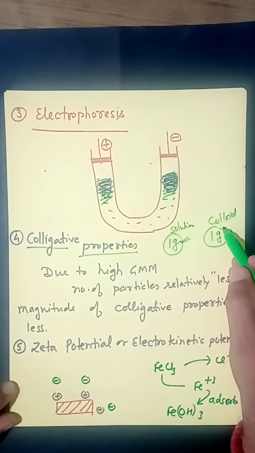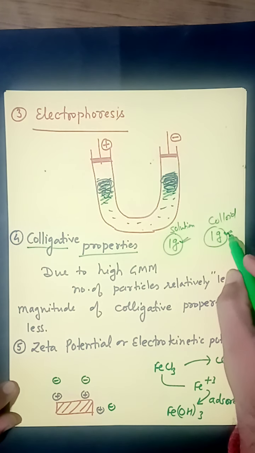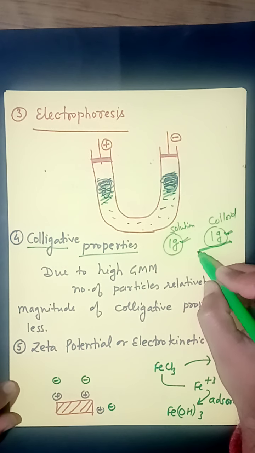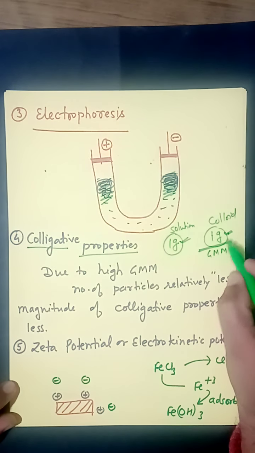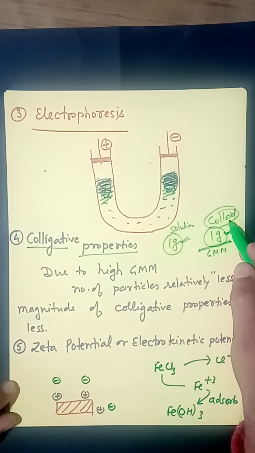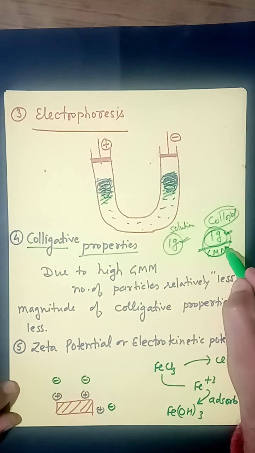Because colloids are big particles, definitely they must have a very high gram molecular mass. Moles may be calculated by given mass upon gram molecular mass. As they have high gram molecular mass, they will have fewer moles. When they have fewer moles, they have fewer particles,